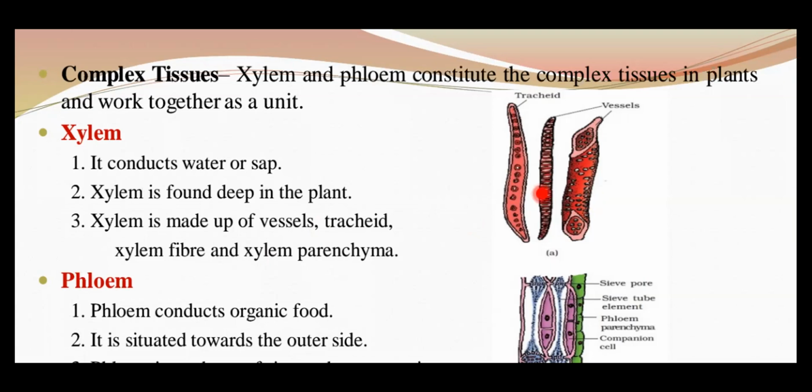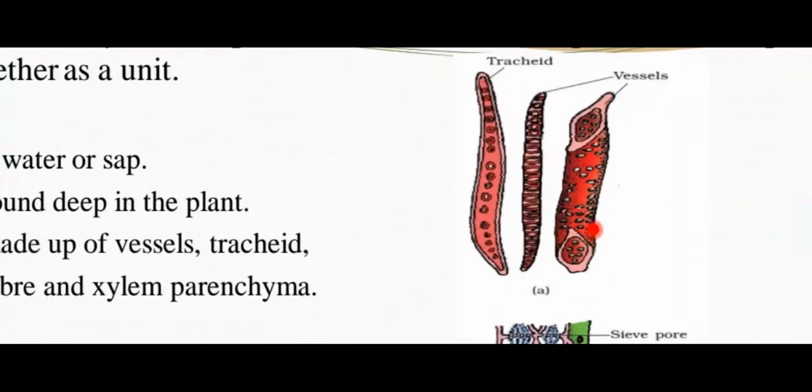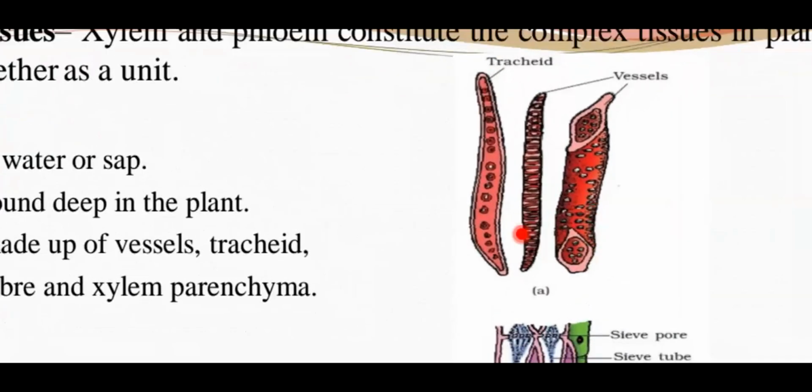Okay, so what is vessel? Basically, it's a long cylindrical tube-like structure here. You can see long tube-like structure. Okay, made up of many cells, and each cell is called as vessel member here, which is having lignified wall. These are the dead elements. Okay, children, out of 4 elements, only xylem parenchyma is the living component. Remaining all are the dead elements here in case of xylem.